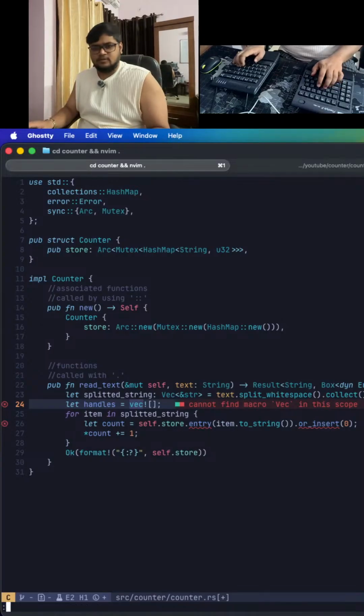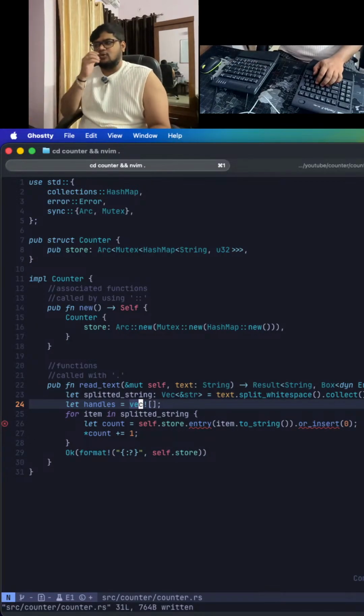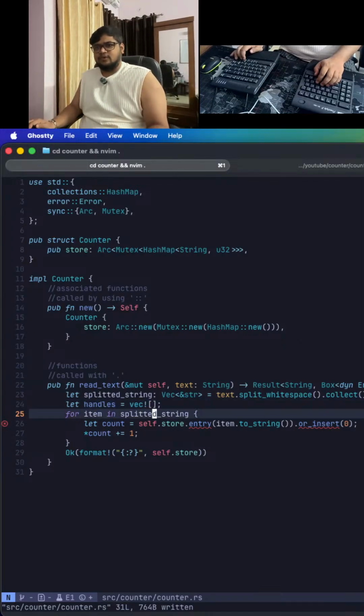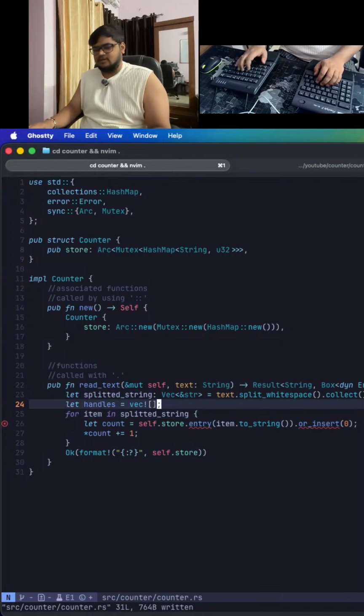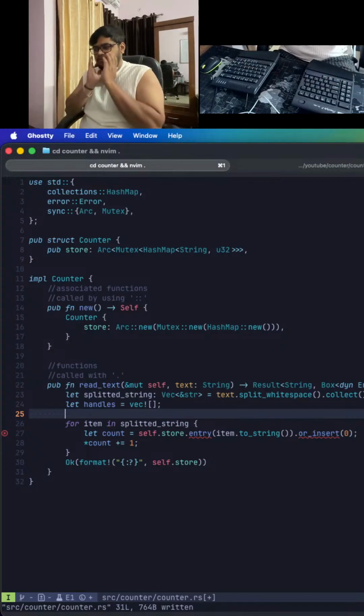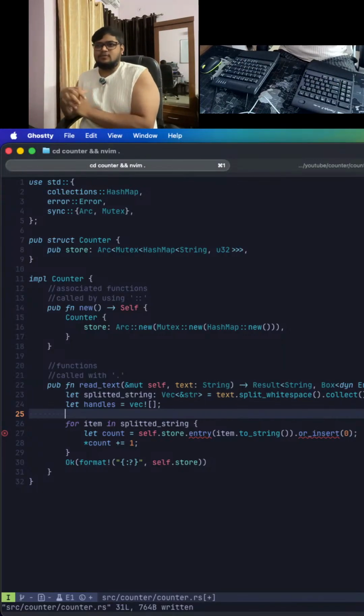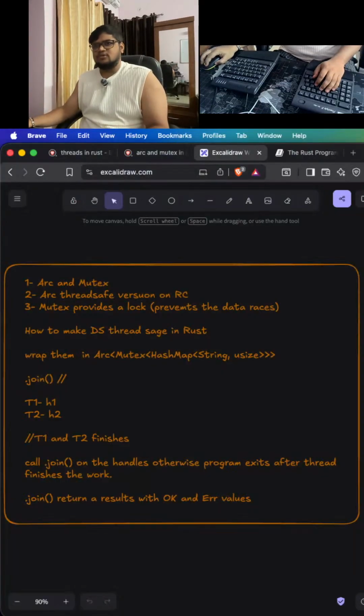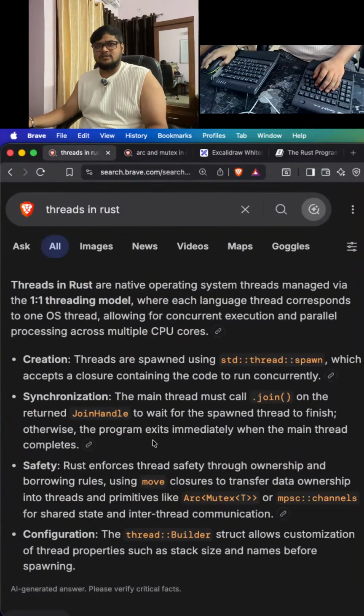All right, so we'll push all our thread handles in it. Now instead of doing this, we can spawn the threads over here, right? Now the question here is how to know how many threads we have to initiate, right? So let's go and check the threads documentation over here,